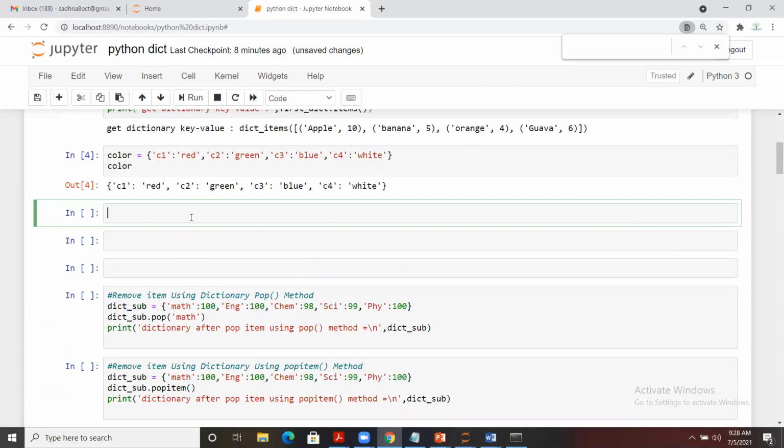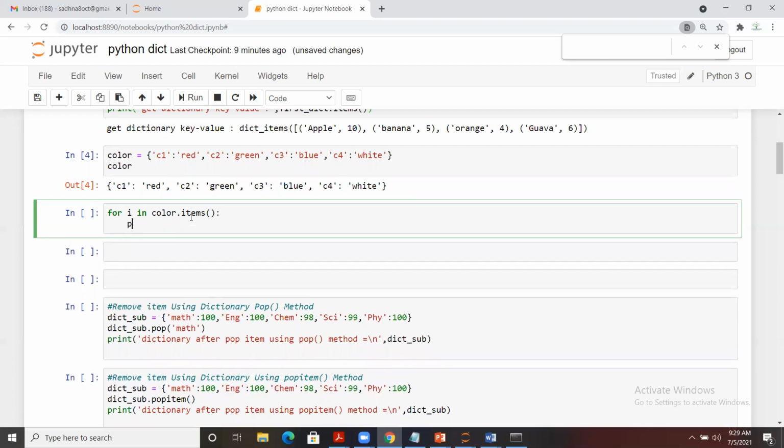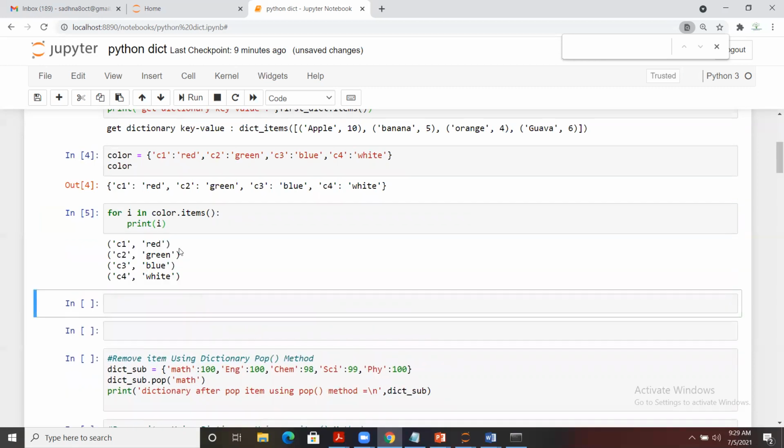So for this part, let's say using a for loop, if we want to extract all the keys, all the values, we can do it using values as well. And we have the items function associated with a dictionary. We can utilize that too. So I'm telling you how we are going to do it. You apply a for loop: for i in color.items(), and once you print i here, you will see it extract values something like this.